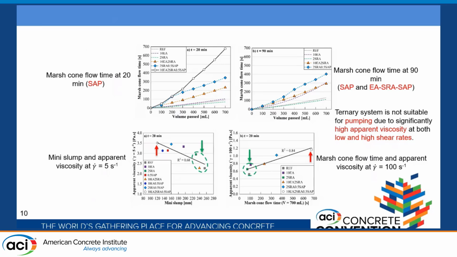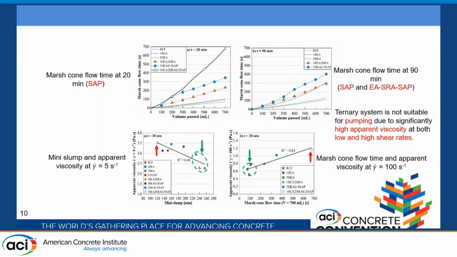And Marsh cone flow time is shown on this slide. Initially, the mixture with a high percentage of SAP didn't allow us to complete the test because of high water absorption of the SAP particles and expansion, which reduced the flowability. The same mixtures after 90 minutes, and the ternary mixture, including all the variables, also were so thick and we